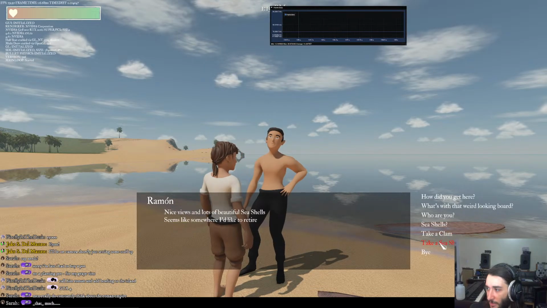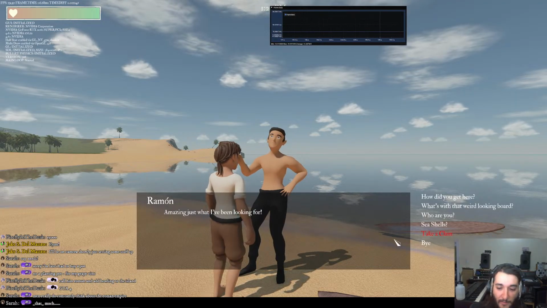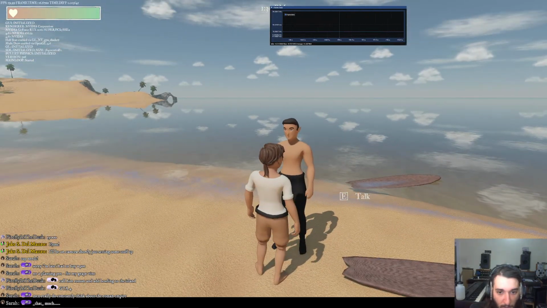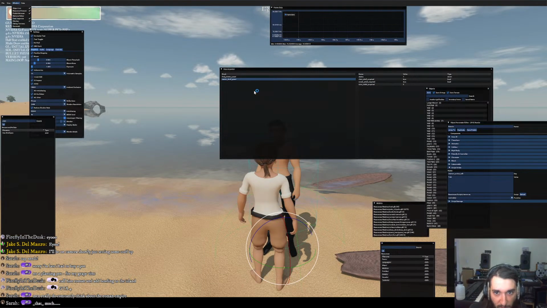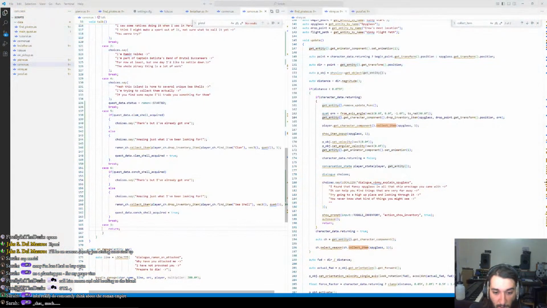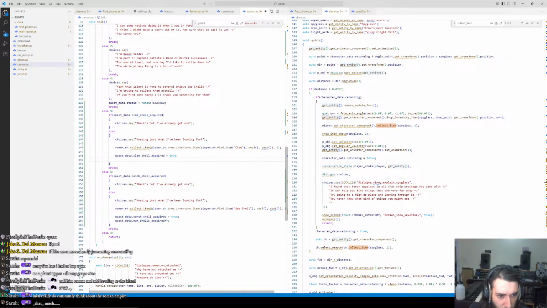All right. So take a seashell. Amazing. Just what I've been looking for. And if... Okay, but now my option goes... Oh, because I don't have one in my inventory anymore. Okay, bye. Because he took it. Okay, so now... If I go to the data inspector, we can find that... Oh, we forgot to increment number of shells acquired. So, we'll increment the number of shells, and then... dot num shells acquired plus plus. Okay. And,